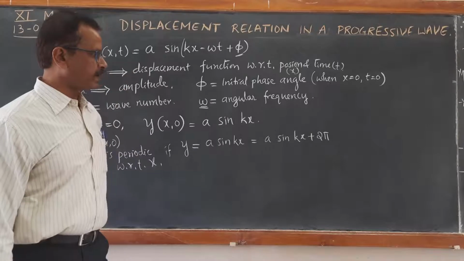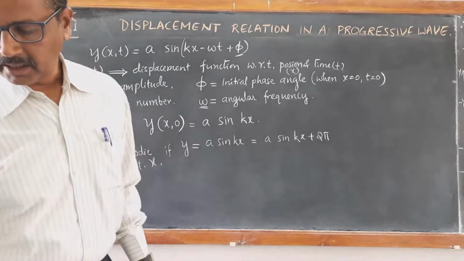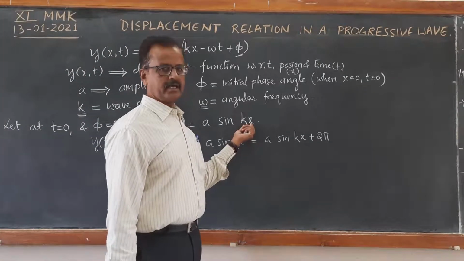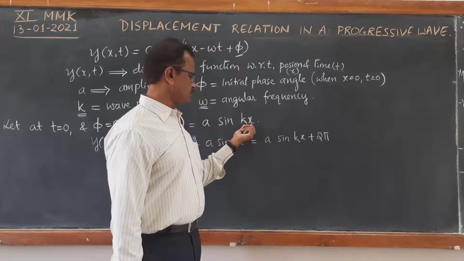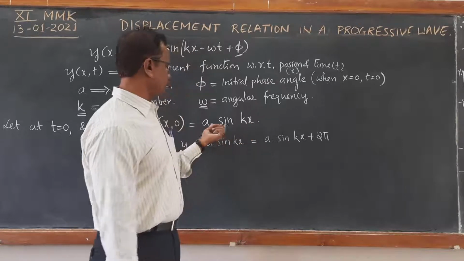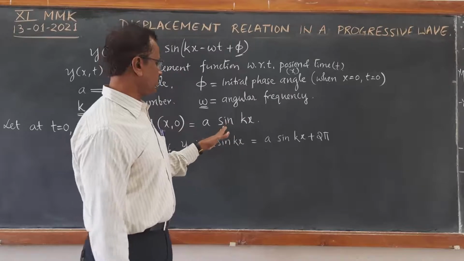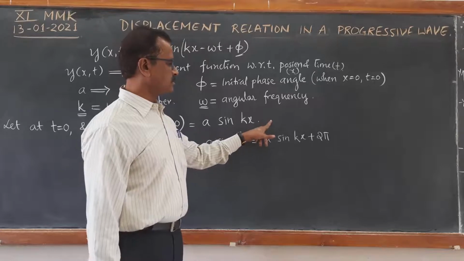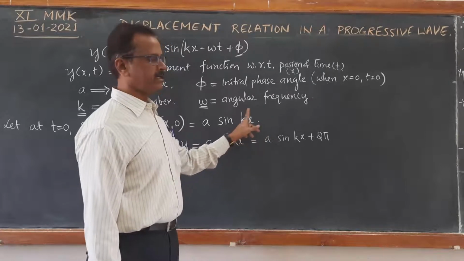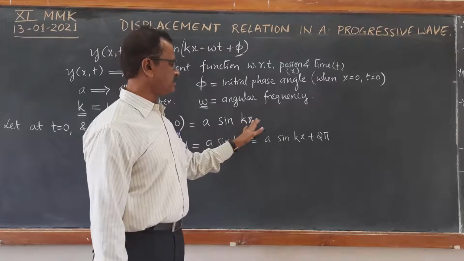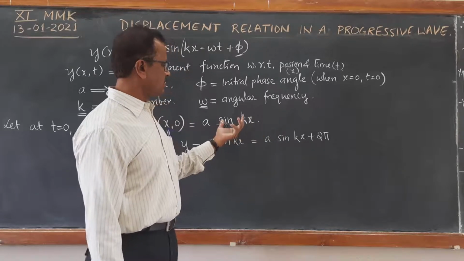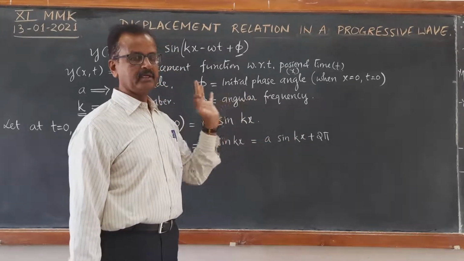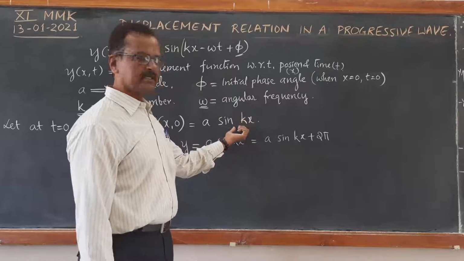sin kx, or in general at any intervals of 2n pi. You see, this is an angle, right? So suppose that kx is an angle. So a sin kx will have the same value if it is added with kx plus 2 pi, or kx plus 4 pi, or kx plus 6 pi, or kx plus 8 pi. So in general, if it is added with kx plus 2n pi, an integral multiple of 2 pi, then we will be able to get the same value.